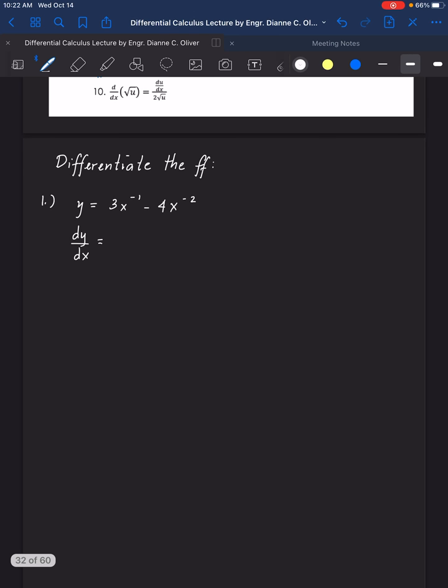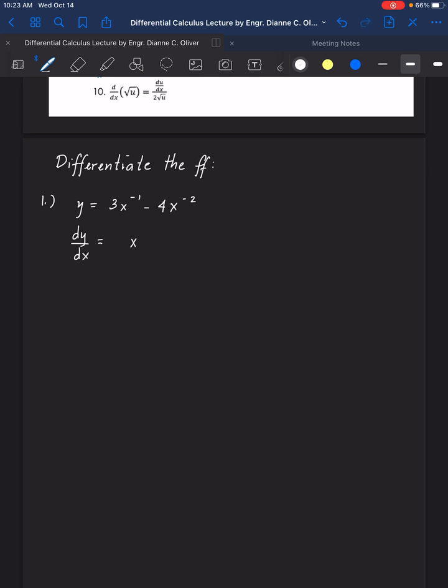So you have there, we copy the constant, we bring down the exponent, we copy the base, then the exponent is minus 1. So if we follow this step-by-step process, copy the base,